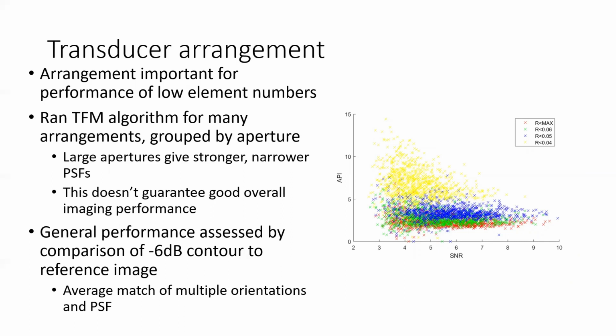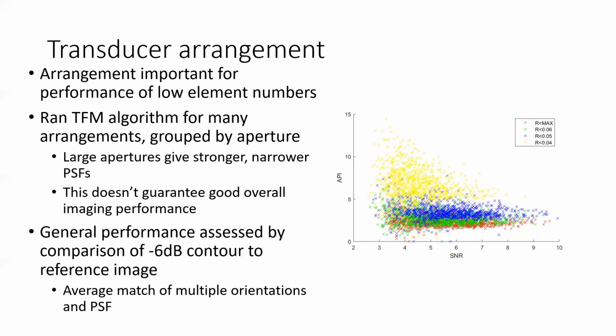So it's desirable to be in the bottom right corner of this graph, because that means you've got strong signals and a fine resolution. And in this region, it is largely dominated by the groups of largest aperture. And as you decrease aperture and restrict the elements to the most central region of the pipe, represented by the yellow scatter points there, you are reducing your performance. You're getting weaker signals and